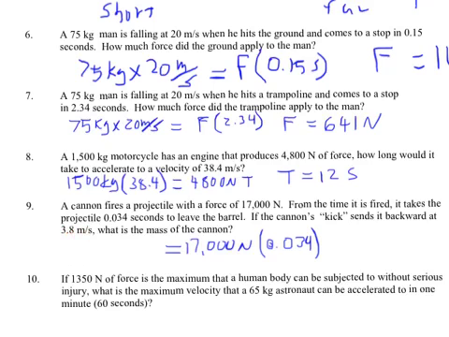Alright, and then it goes backwards at this many meters per second, and I want to know what its mass is. So I'm looking for mass, and I'm going to multiply this by 3.8 meters per second. I'm going to simply say this times this and divide by this, and when I do, what I find is the mass is going to be 152 kilograms.